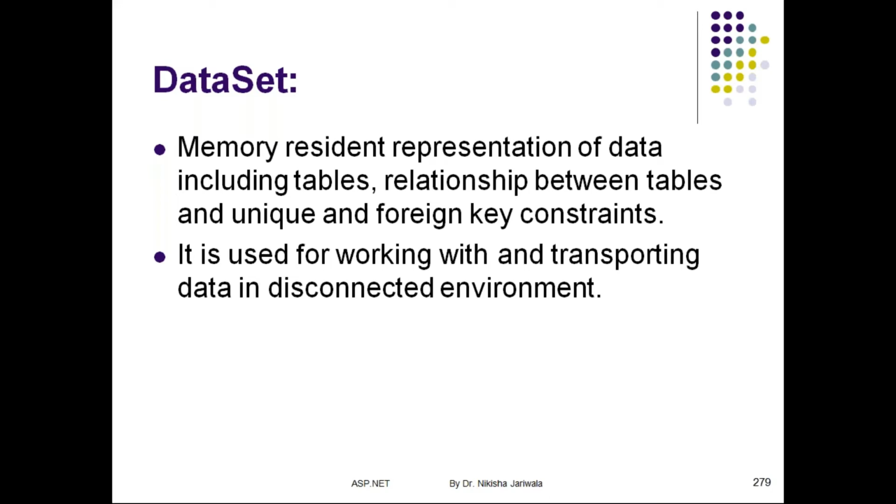Now, what is in-memory representation? In-memory representation means the data set just resides in the memory of the client machine. Again, I repeat, the data set will reside in the memory of the client machine. Means we can create a local copy of the database within our memory. The data set will remain persistent within the memory, and we can also manipulate the tables which are present within the data set,